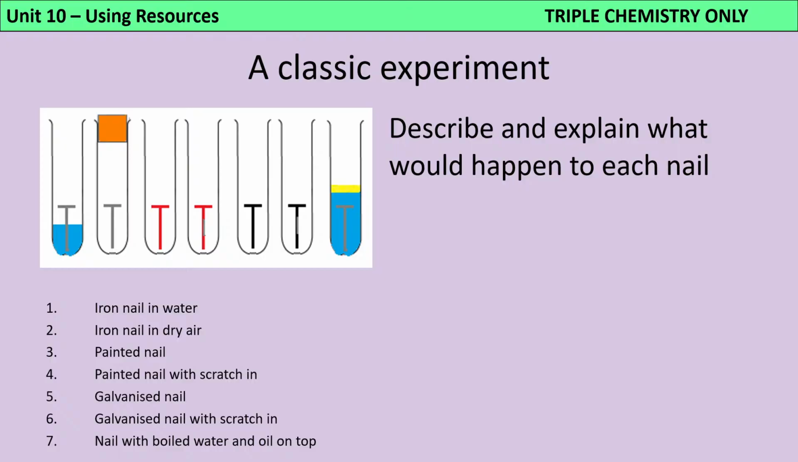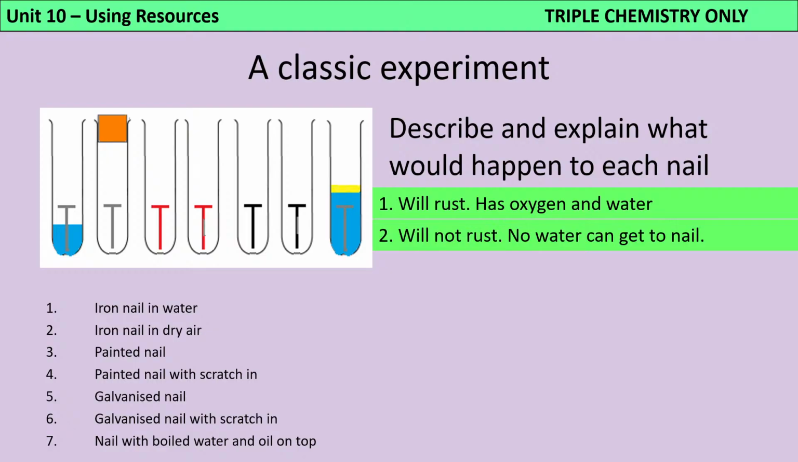So this is a really classic experiment that's come up quite a few times. We've got a bunch of different nails in different tubes, and we're describing what would happen to each one of them. The point is that in order for it to rust, it has to have access to oxygen and water. So the first one will rust, it has oxygen and it has water. The second one won't rust because water can't get in. The third one is covered in paint, so it won't rust because oxygen can't get in, and water to be fair. The fourth one is covered in paint, but it's got